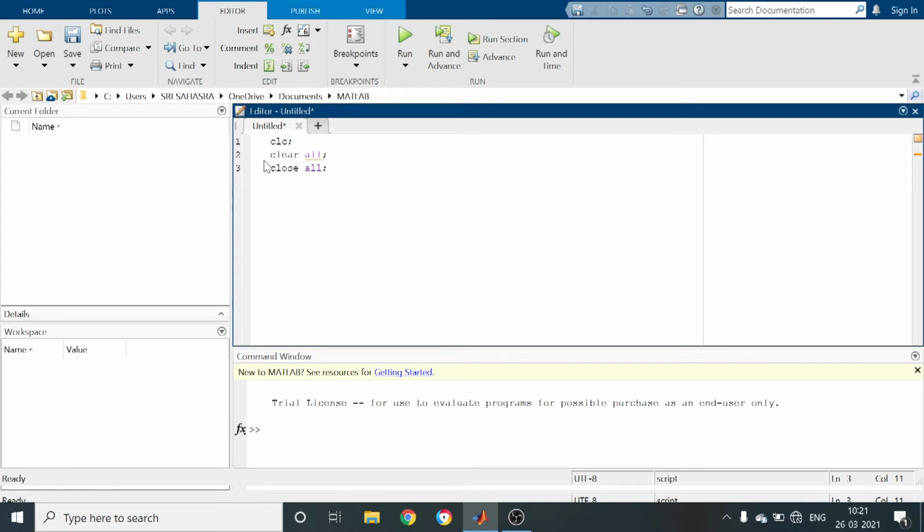So whenever you write a program using MATLAB in the editor window, we have to write these 3 commands: CLC, clear all and close all. If you want to write the program name, we keep it in the first line as a comment. That is our program: generation of signals and sequences.